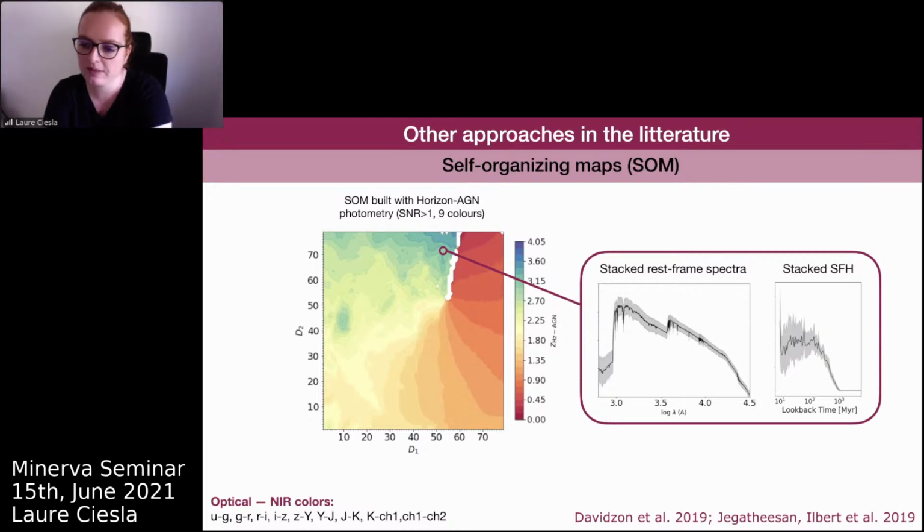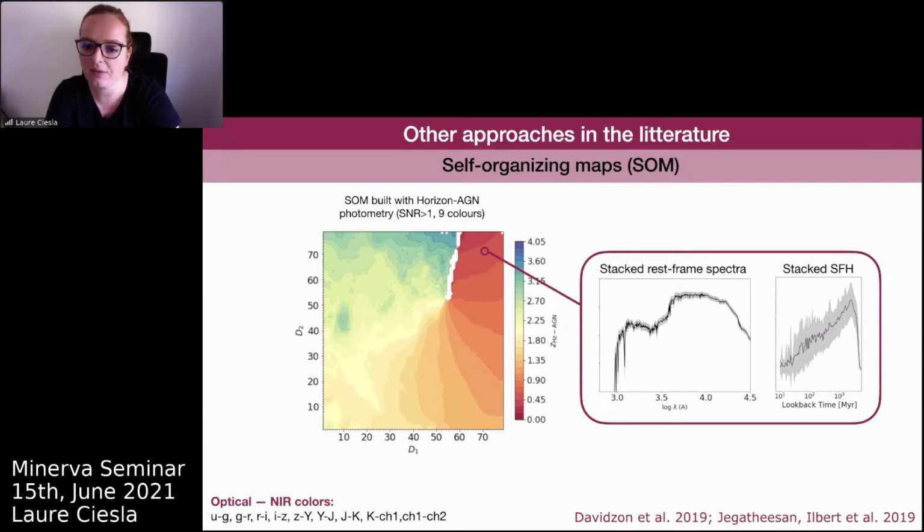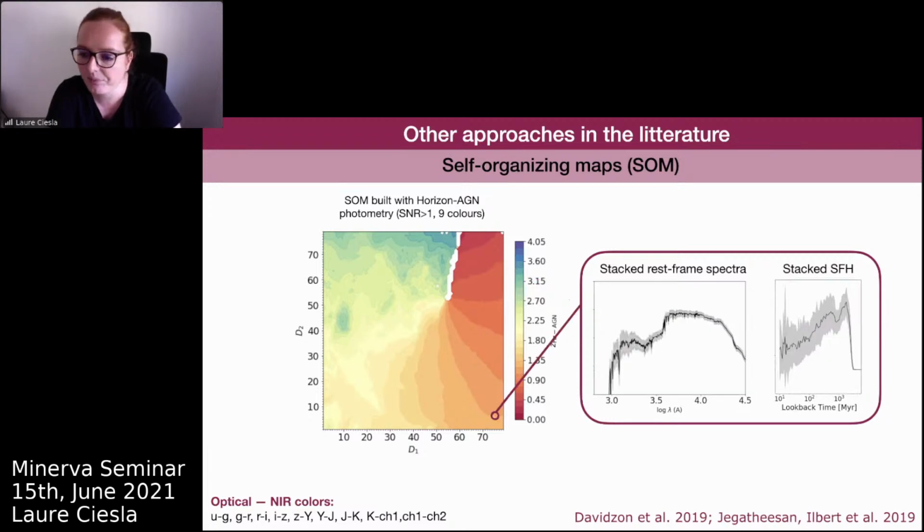So this is the right panel. And so this is one example. Another example here, you have a different spectra, but here again, the galaxies in the same pixel seem to share the same kind of star formation history. And here is the last example. So this is also a very promising